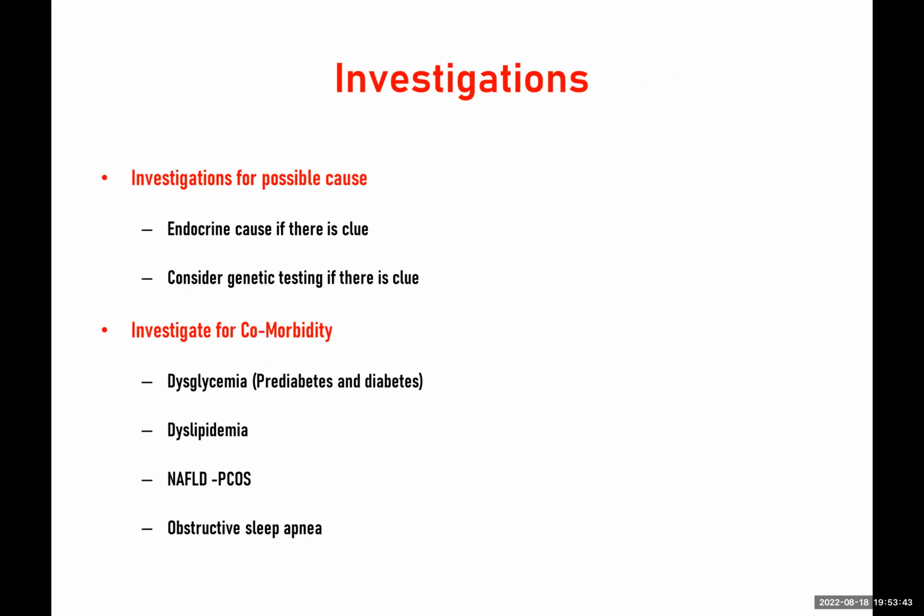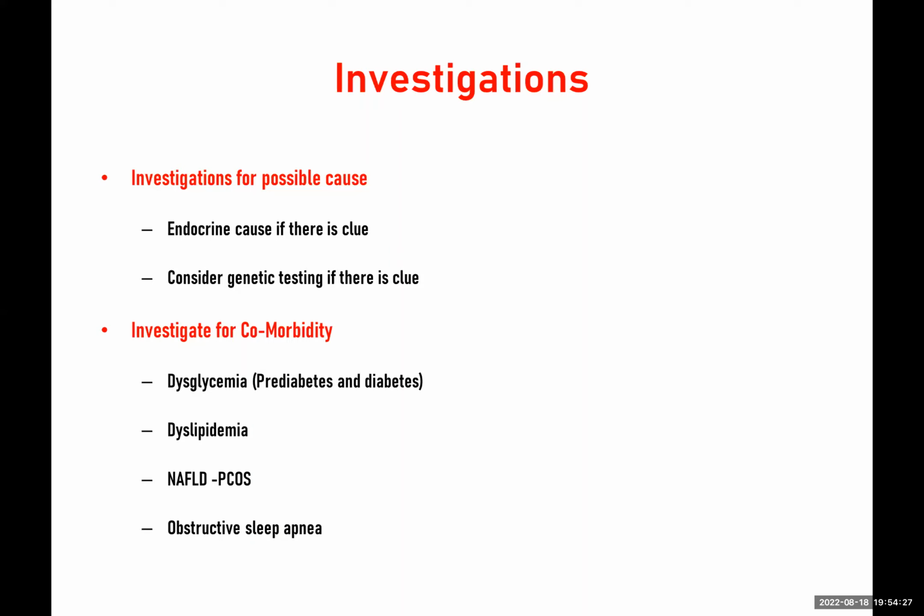Investigation. When you come to investigations, you have to categorize them. You have to do investigation looking for the cause, and you have to do investigation looking for the comorbidity. Investigation looking for the cause: endocrine cause if there is a clue. It is not routine that we need to screen children who are obese for endocrine causes by doing thyroid function and others. No, if from the history and examination there is a clue for an endocrine cause, then you can check the endocrine cause. Consider genetic testing. Certain groups of children, especially those less than 5 years, with obesity that started very early, very rapid and unremitting, with special food-seeking behavior, this group of children you can think of genetic testing for them